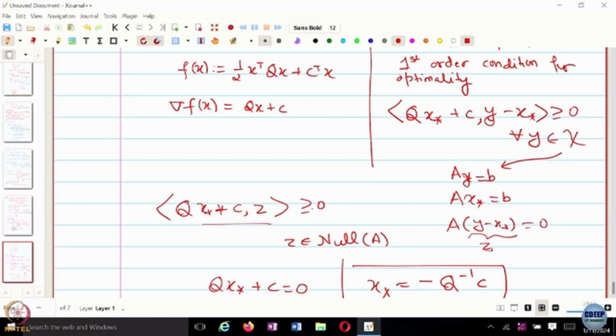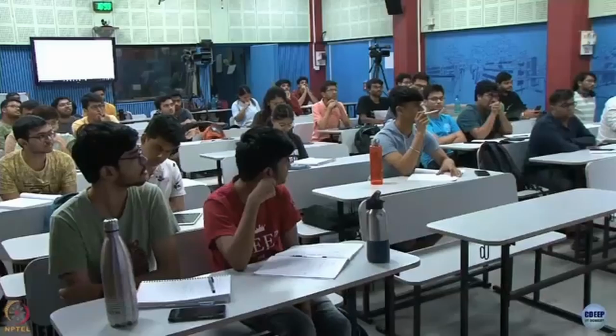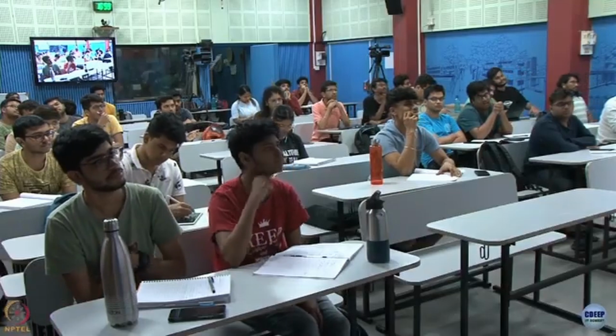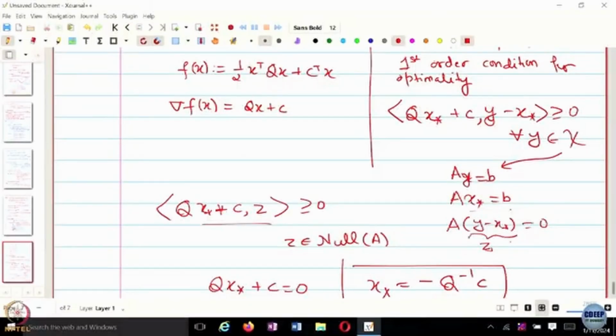We are proving this using that? No. We know that Ax star equals b and Ay equals b, because the optimal point is also a feasible point, right? So that means A(y minus x star) is equal to 0. So y minus x star should belong to the null space of A. And because this is true for any y, I can look at the null space of A. So for any z in the null space of A, if this is greater than or equal to 0,